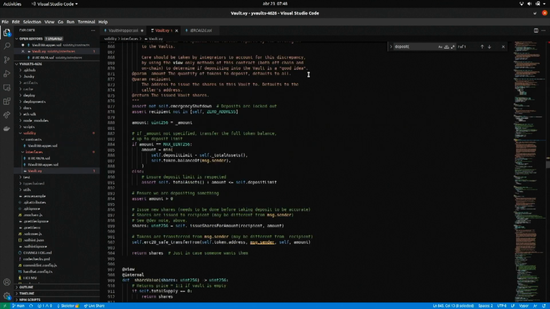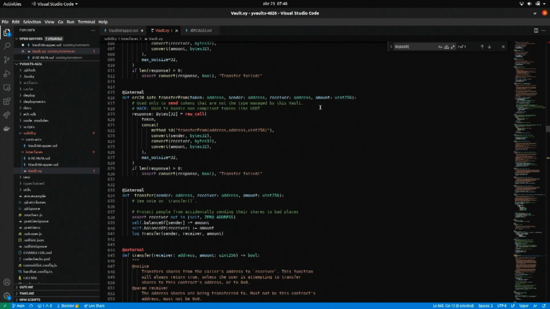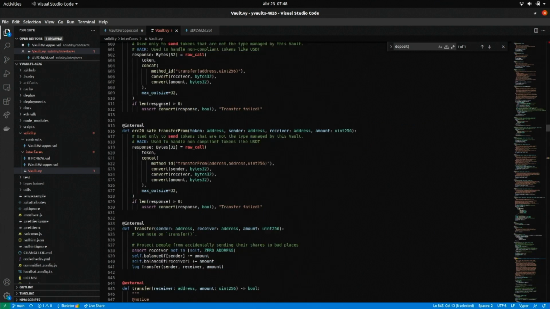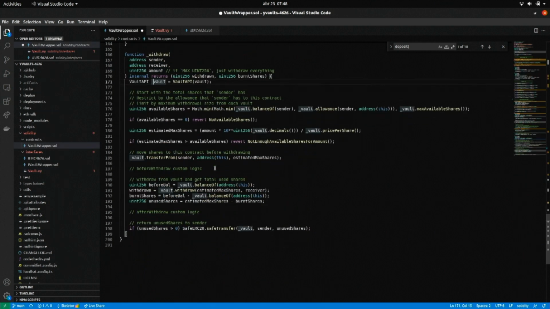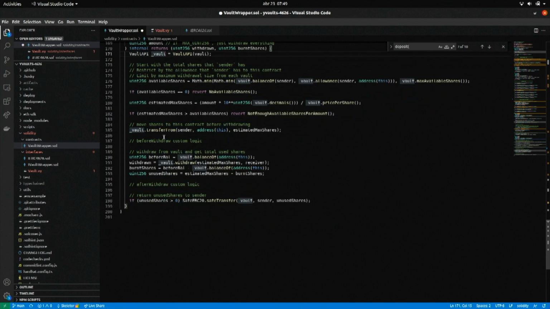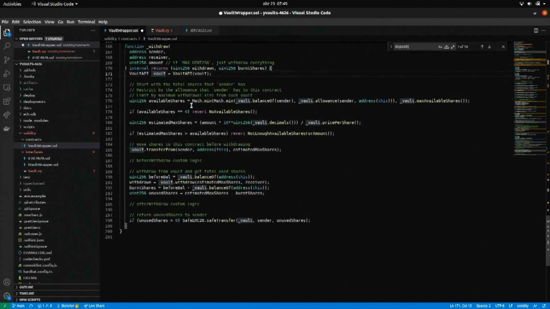Obviously, in Vyper, you don't have the OpenZeppelin ERC20, so probably here you have transfer and so on, so everything is kind of implemented internally. Which I've heard is more gas optimized, so shout-outs to Vyper. And then, yeah, it's basically kind of similar, but the other way around. So we do need to calculate how much available shares the vault has, or the user has